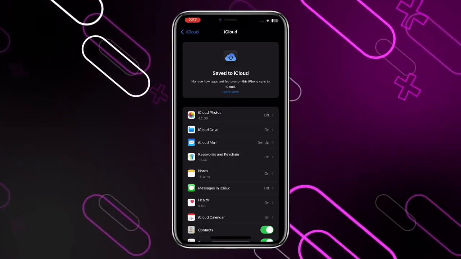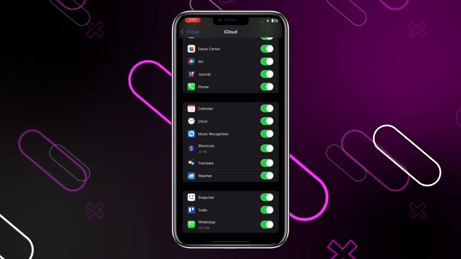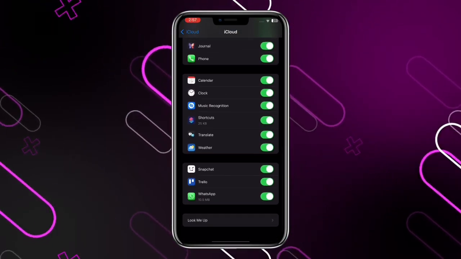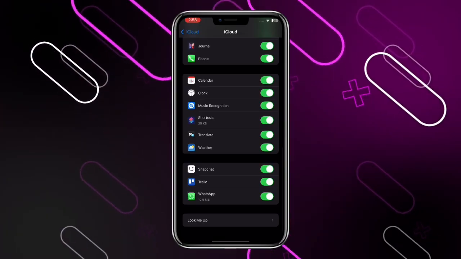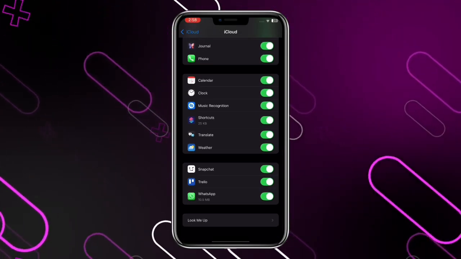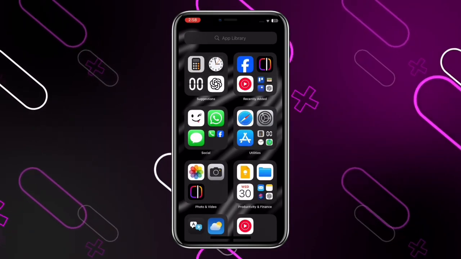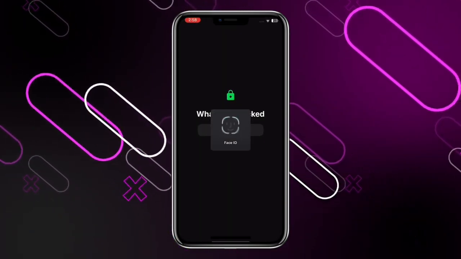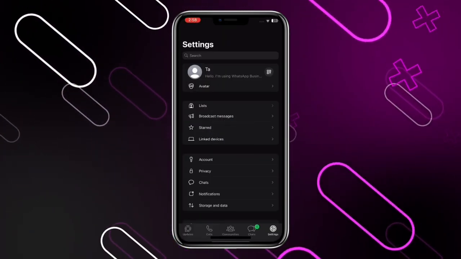You have to scroll down and find the WhatsApp. Usually it is at the end. Just simply go there and make sure that option is turned on for it. If it is turned off, then you have to simply turn it on. Once that is done, simply get back and open the WhatsApp, and then you have to go to the settings, and